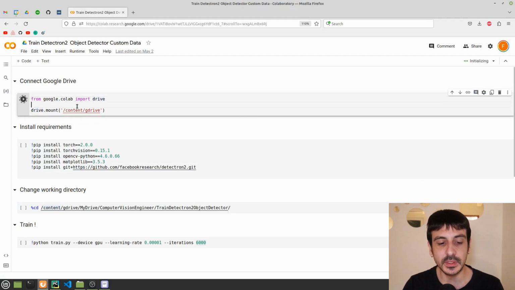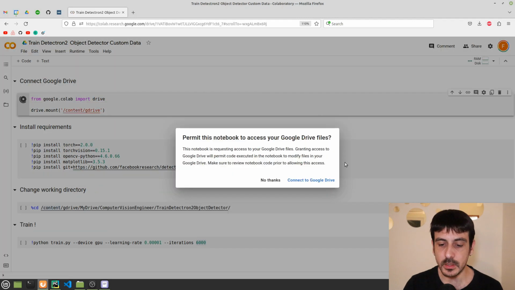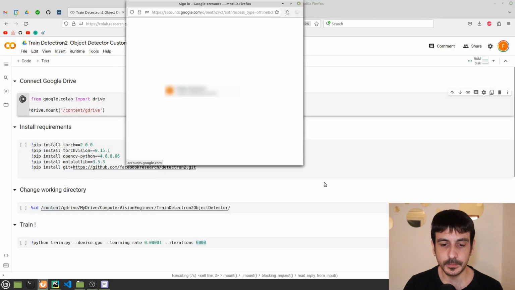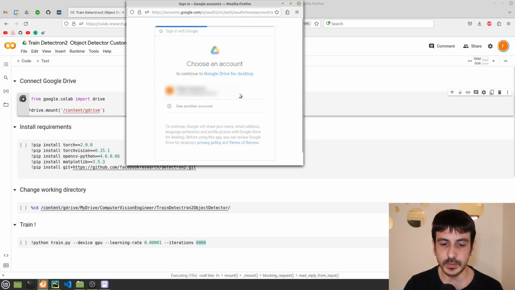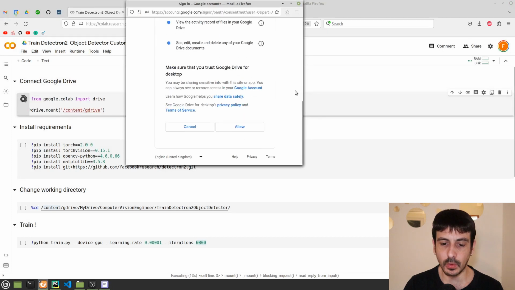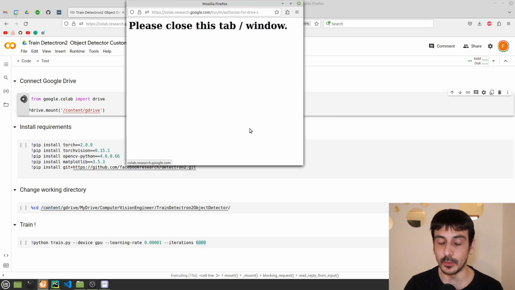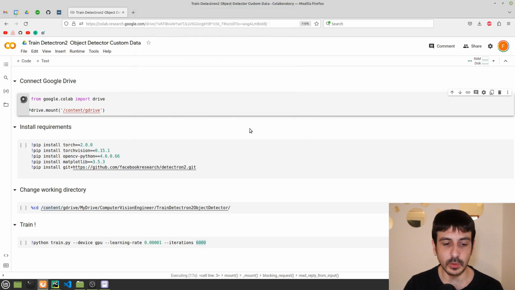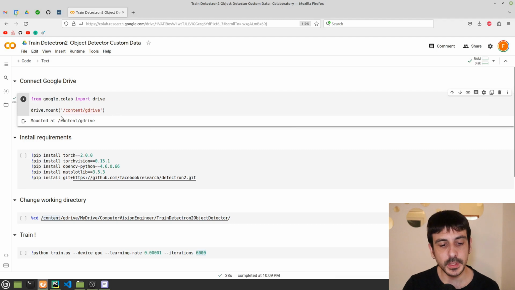You execute this cell and wait a couple of minutes. Click on Connect to Google Drive, select your account, scroll all the way down and click Allow. Then wait a few seconds, and that takes care of connecting Google Colab with Google Drive. Okay, everything is completed.